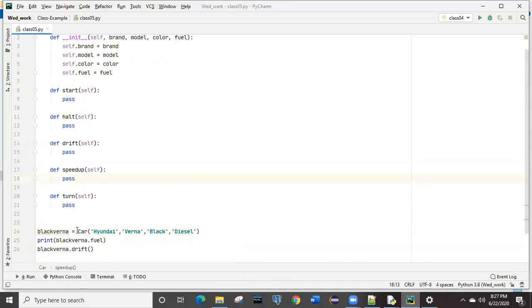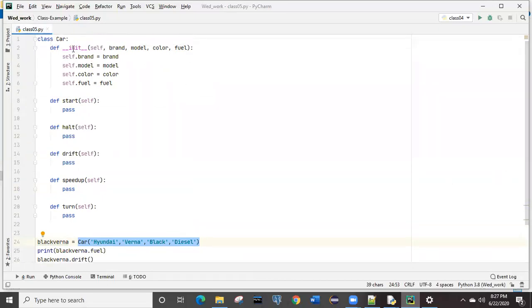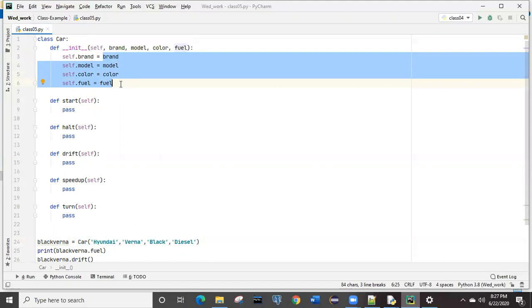So this is the constructor. For creating the object of this Car class, you always have to give these 4 fields inside that constructor. Then only your class object is going to be created. You cannot give more than 4 because you have defined it for the 4 features only. Whatever features you want to use, you can put into the constructor, and the same thing is going to be taken as the input.